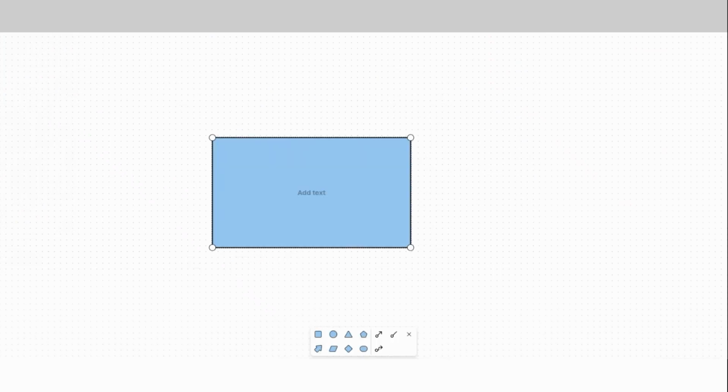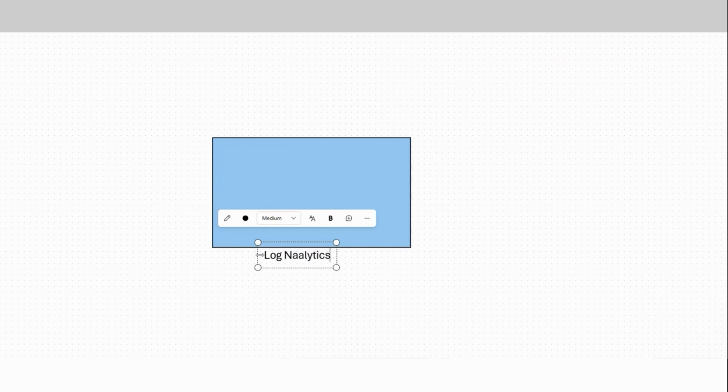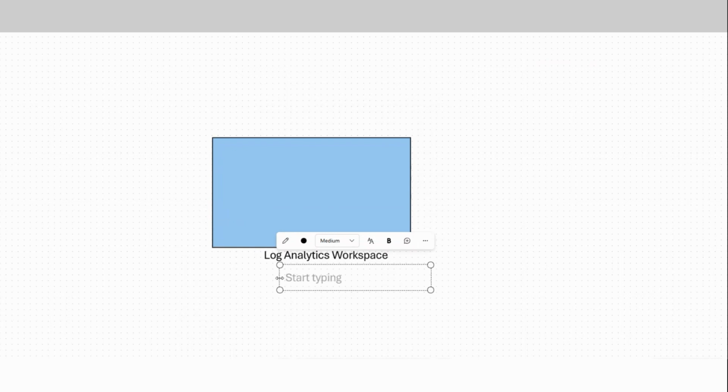Now, to understand the relationship between the two, let's take a look. We had to create a log analytics workspace, and the purpose of this is to store our logs. So this log analytics workspace is going to store our logs.